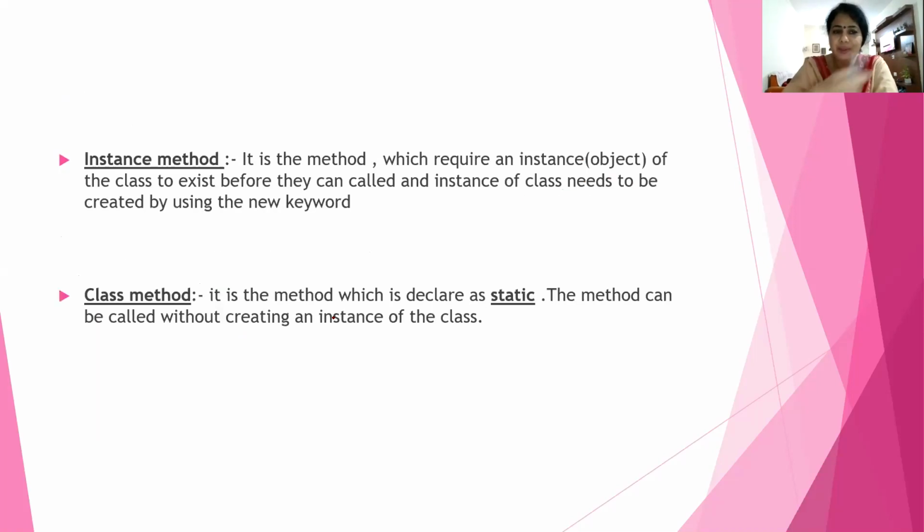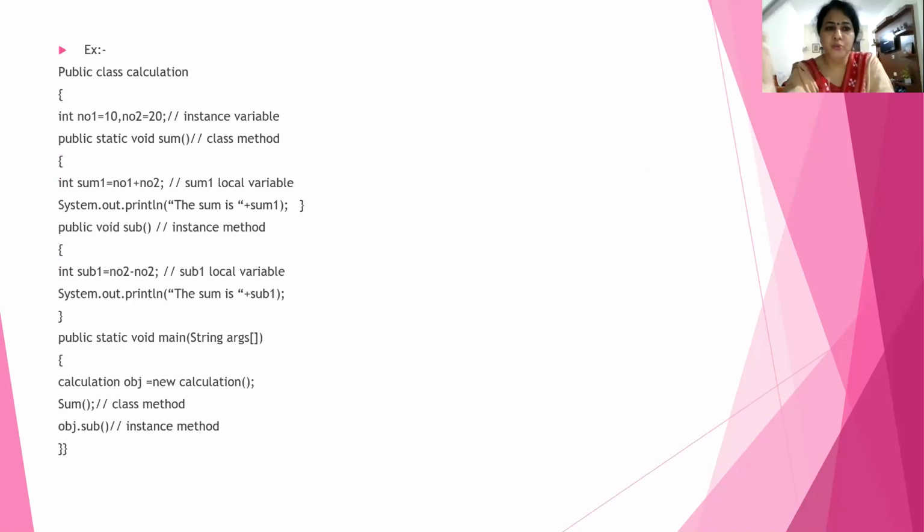Now comes the instance method: the method which is invoked by the instance of a class. Who is known as the instance of a class? The object, as you know, and that is known as an instance method. The instance can be created by the new keyword, as all of you know. What is a class method? The method which does not require any instance to be invoked, and which is attached with the keyword static, is called a class method. Look at the example and you will be clearer. Here you see public static void sum; the static keyword is attached, so it is a class method. Now void sub has no static keyword, so it is the instance method.